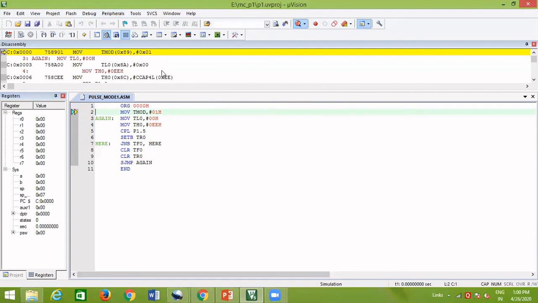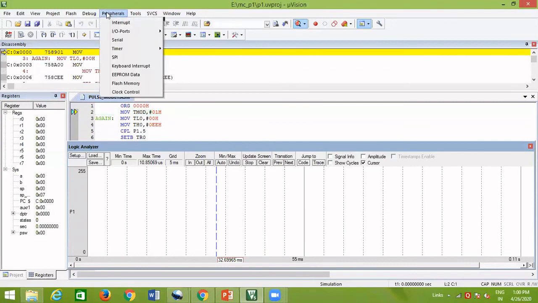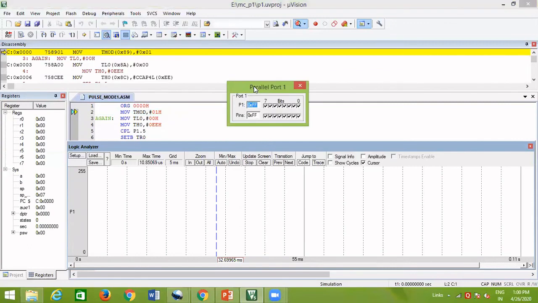Waveforms you can observe using a logic analyzer. So open the logic analyzer. If you want to see the toggling of the IO port, since you have chosen port 1, you can put it here like this. If you run the program, you observe the toggling of this particular pin, and here the square wave will be generated with the desired delay. I have chosen 5 milliseconds as the grid already. This grid occupies 1 pulse, so you are going to generate a 5 millisecond duration pulse.